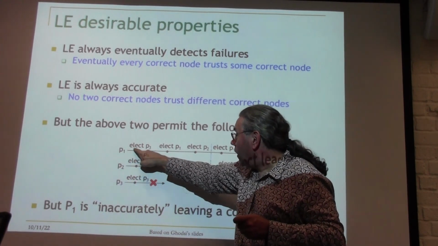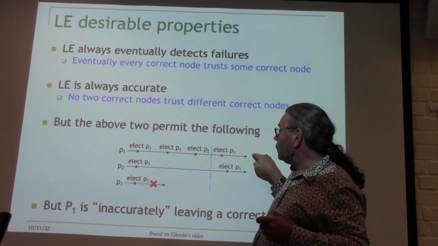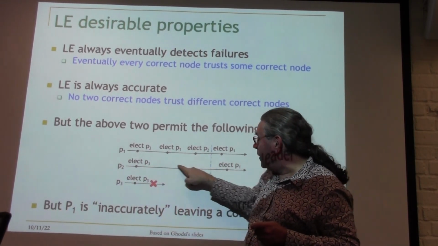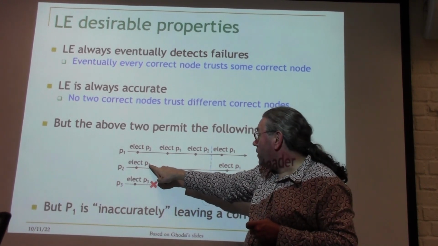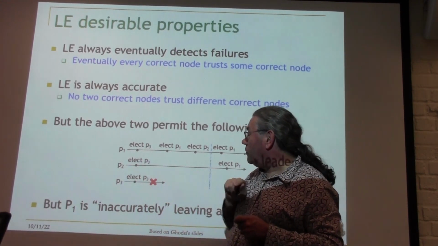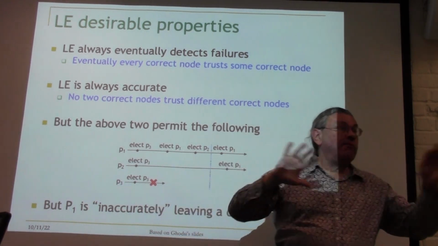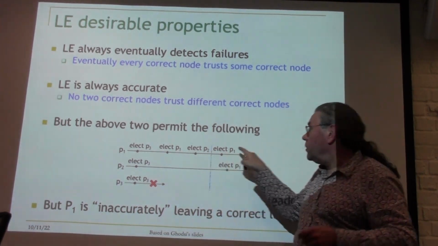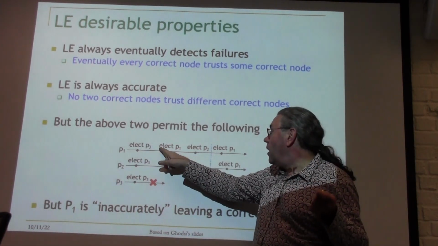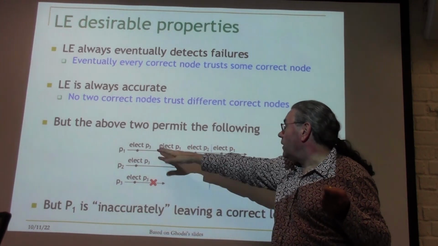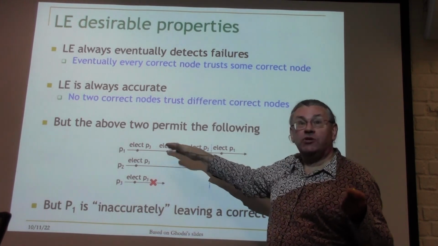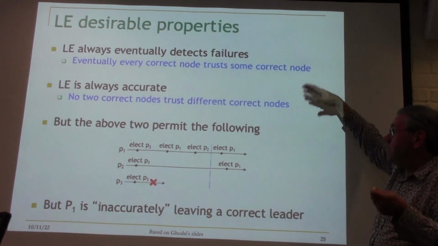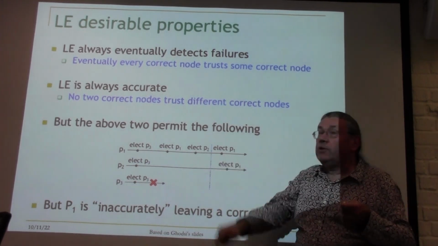Well, here there's only one node trusting a different correct node here, 1 and 2. P2 has not done anything yet, because P3 is crashed. You see that? So as long as P2 is not doing anything, P1 can be kind of wishy-washy and switch left and right. So maybe we don't like that, the fact that this specification will allow kind of funny, switchy behavior here, okay? It is correct according to this, but maybe we don't like that.